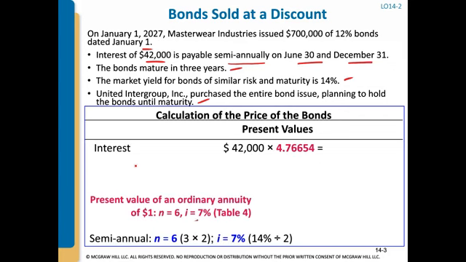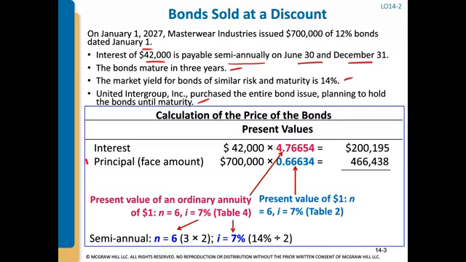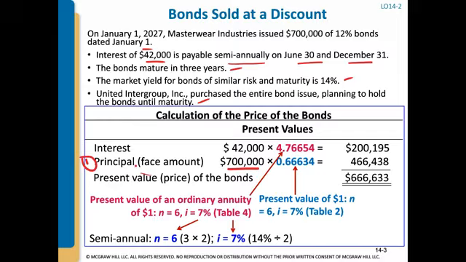So, like I said, the previous slide, the price of the bond will be made up of two parts. One is the present value of the principal or the face amount. So it would be the present value of $700,000, and the factor we use is the present value of a dollar factor, where n equals 6 because there are 6 interest payments, and i equals 7 because we use the market rate of 14% when calculating present values, but you have to divide that by 2 because there are 2 payments per year. And so when you take the 700,000 times the present value of a dollar factor, you get